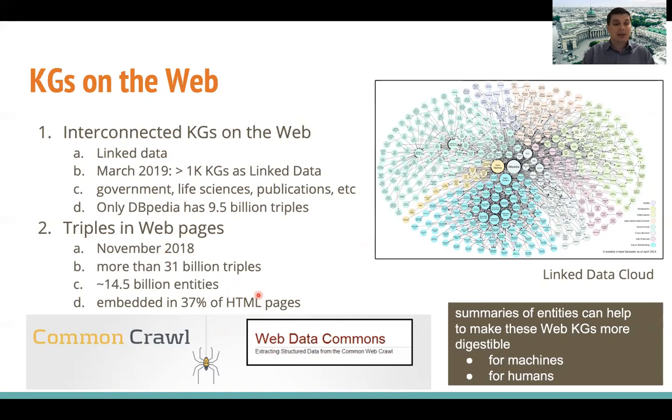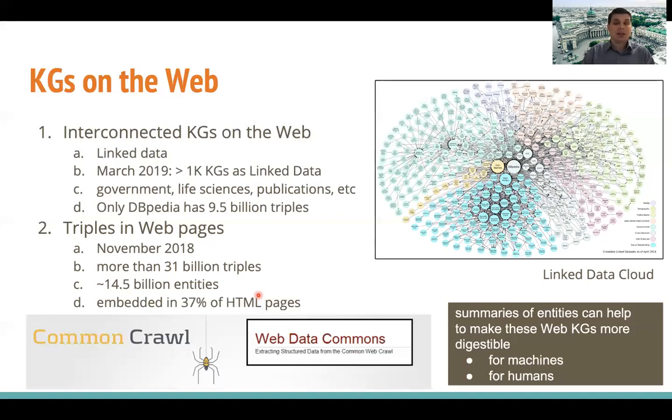And it turns out that there are more than 31 billion triples scattered across HTML pages. They correspond to about 14.5 billion entities, and about 37% of HTML pages they crawled contain some bits and pieces